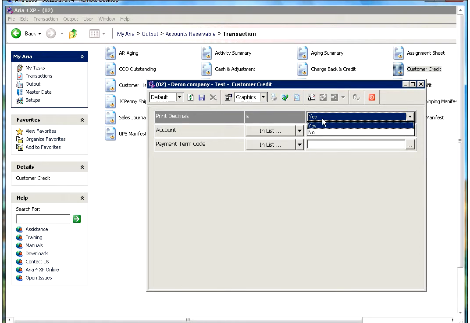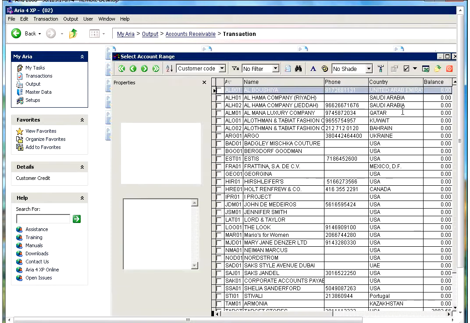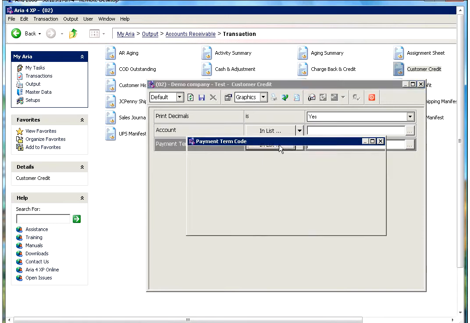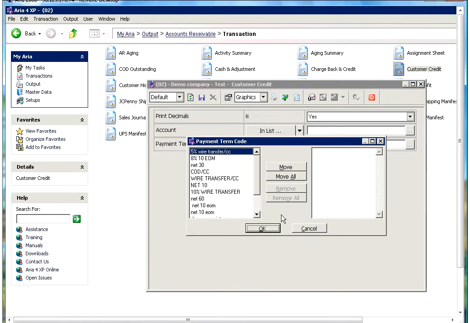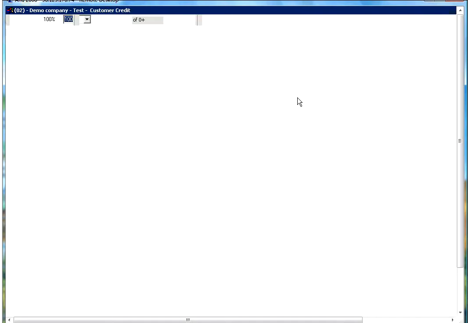The first option is whether or not you would like to print the decimals. You can select a specific account number. If you did not select any account, the report will print for the entire account list by default. And you can furthermore narrow down your selection for a specific payment term code. Once you select your criteria, click the print preview icon,